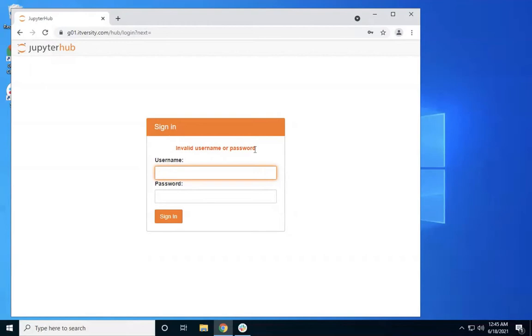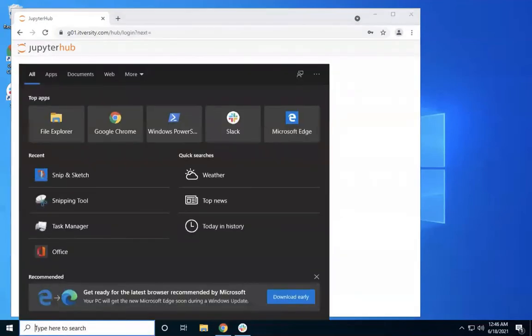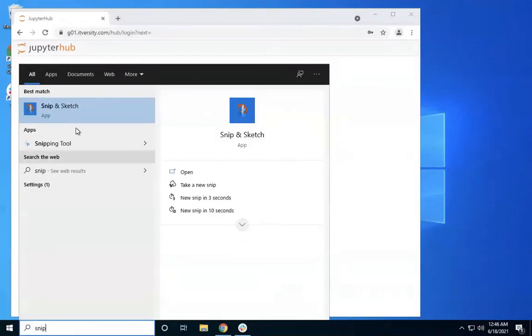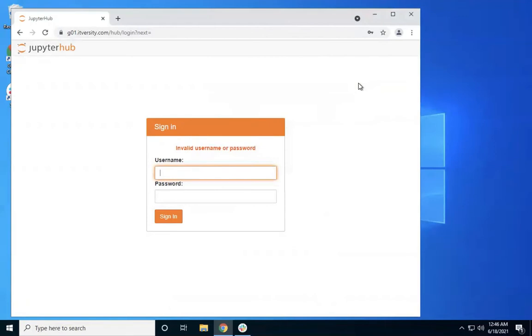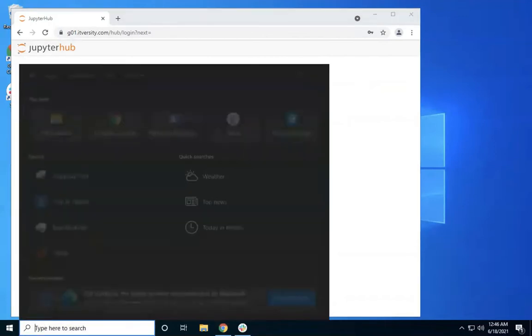Typically, what you do, you take the photo using phone and send the image to us, which is not correct. On Windows, there is something called the snipping tool. Now they are improvising it as snip and sketch. You can start searching for snip in the search bar. You can see snip and sketch as well as snipping tool. If you go to snipping tool, it gives you the message saying that it will be moved to snip and sketch, and hence it is better to use snip and sketch. If you are already using snipping tool, you have to move on to snip and sketch very soon. I'll be demonstrating using snip and sketch only.